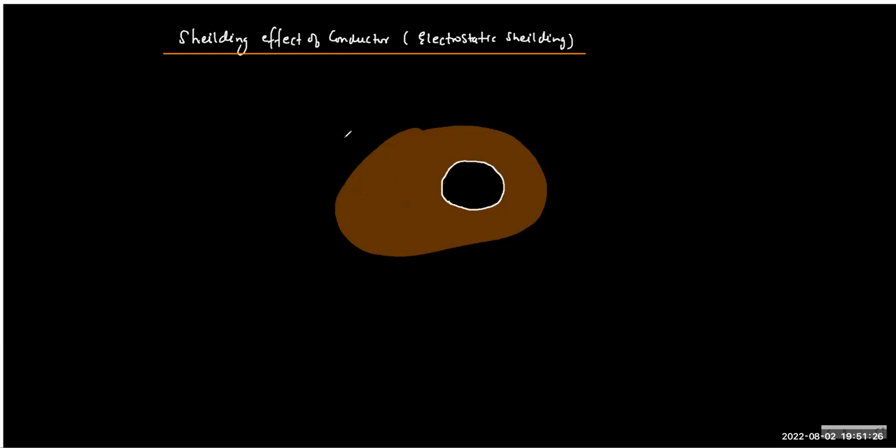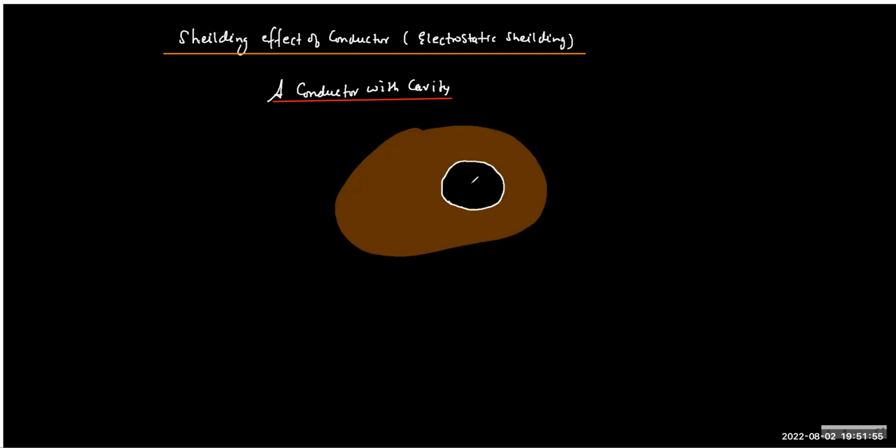So a conductor with cavity. So now imagine a situation in which the conductor is, this is conductor,